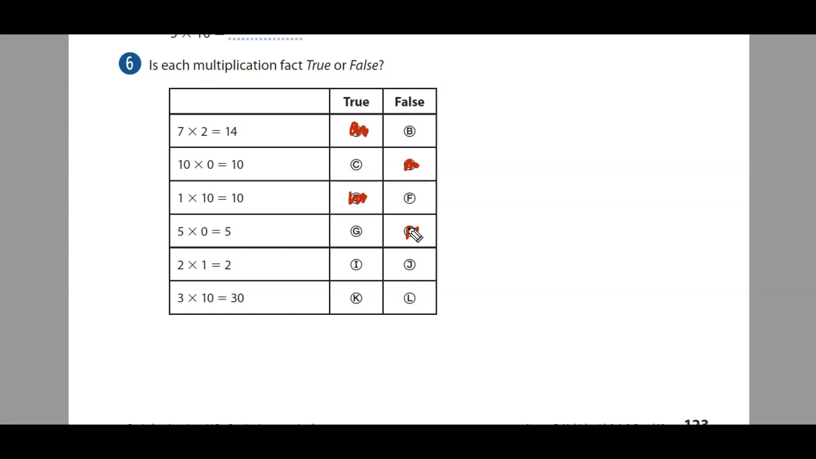Okay. 2 times 1 is 2. Is that true or false? True. That's true because any number multiplied by 1 is that number. So 2 times 1 would be 2. Okay. 3 times 10 is 30. Is that true or false? True. That's true. If you see a test like